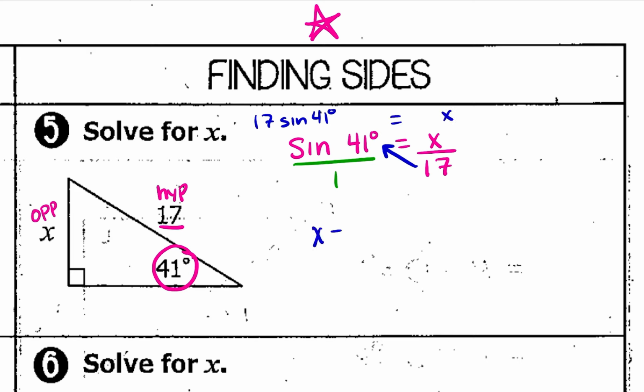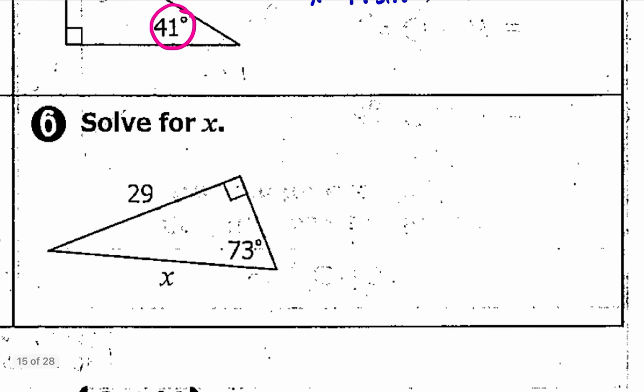So I'm going to type this into my calculator as I see it, or I could look on the chart. When I type it into my calculator, I end up getting 11.15, and that is our value of X. For this one down here,